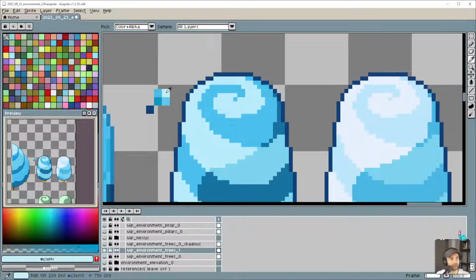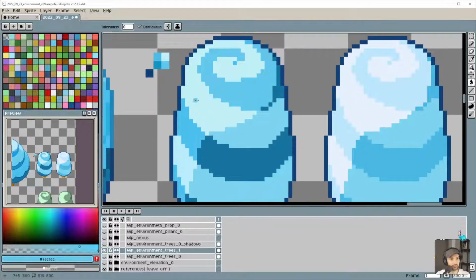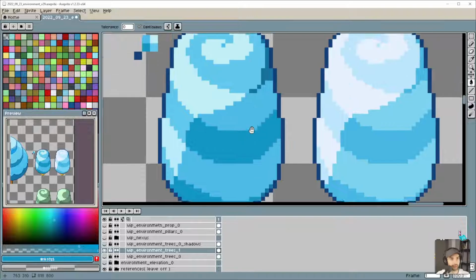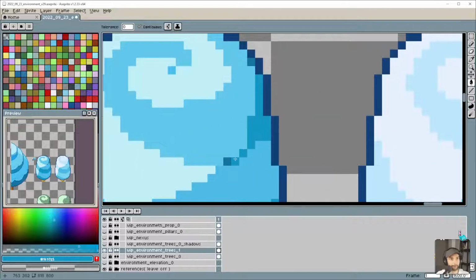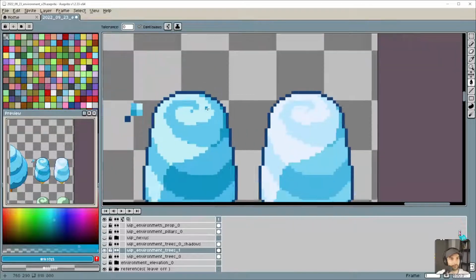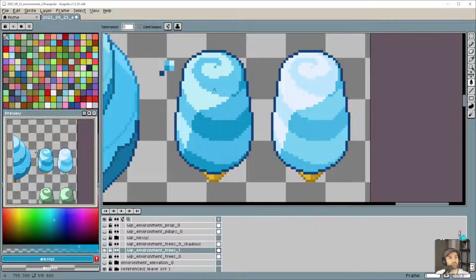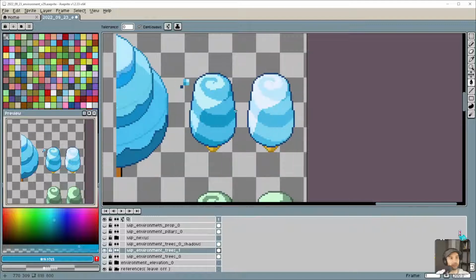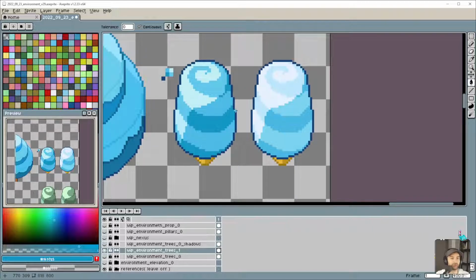Let's try these and see. What does it look like? Okay, so that's way too dark. Yeah, it's not as strong. The colors were a bit too strong before.